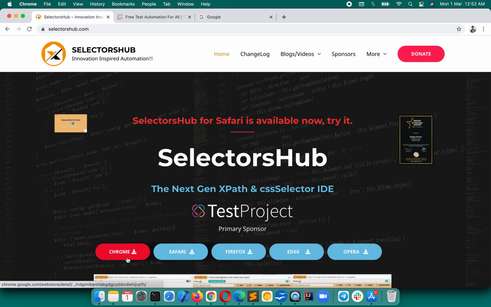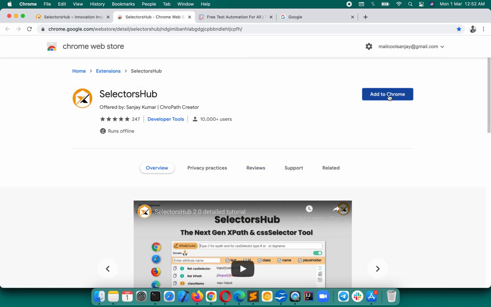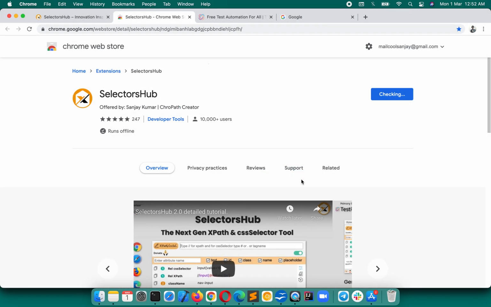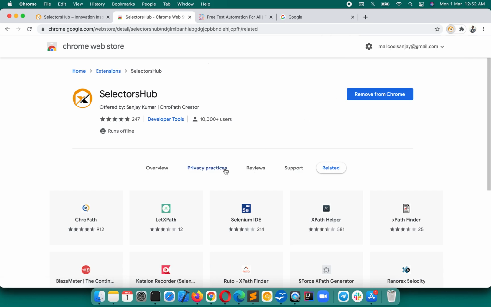So if you want to install on Chrome, click on this. It will open the Chrome store here. And here you have to click on add to Chrome. Click on add to Chrome, then you have to click on add extension, and it's installing now. So once it is installed, you can see